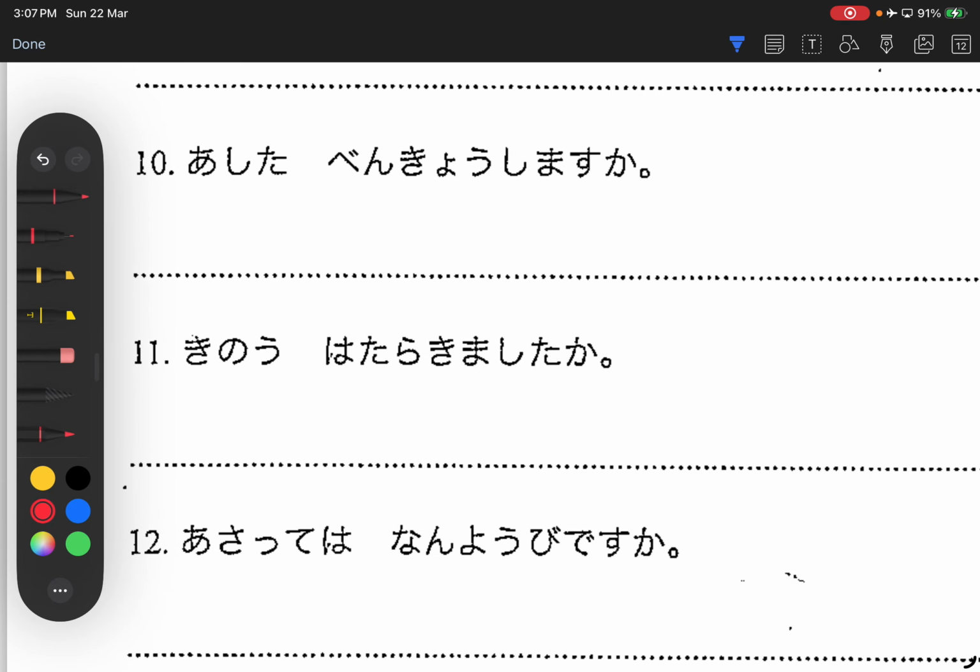Number 11. 昨日働きましたか？はい、働きました。Okay, so 昨日 is past tense, yesterday, right? So she used past tense, which is correct. はい働きました。If I want to say so, what should I use? そうです。or そうでした。